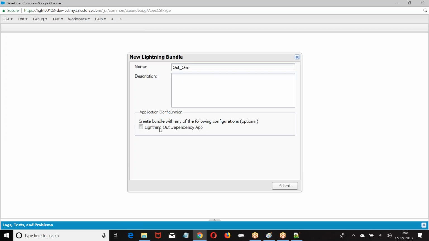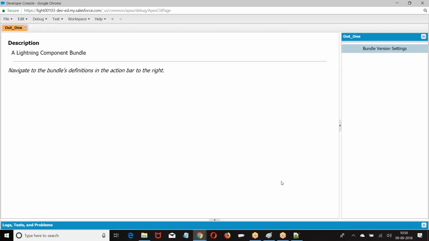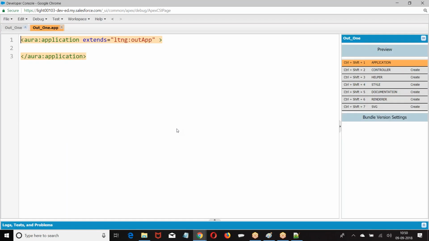Lightning out dependency. If you enable this and submit, what do we have? Extends lightning out app. At the time of creating a lightning application, there is a checkbox. If you enable the checkbox, it will create a dependency app. So any application which you want to be included outside the lightning has to extend lightning out app.